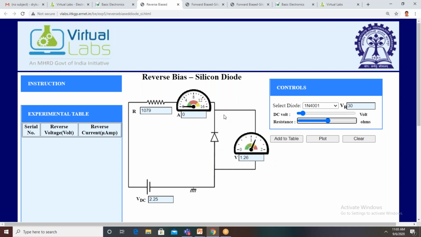This voltage is the voltage across the diode, same as the previous one. This is the current through the circuit, same as the previous one. Now initially the voltage is, for example, 2 volts. Click on DC voltage, then press the right arrow so that the voltage automatically becomes variable. So the input is 2 volts. The resistance, you put it as 1K, 1 kilo ohm.